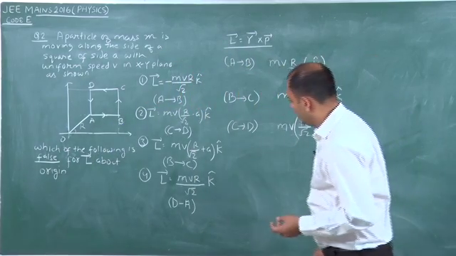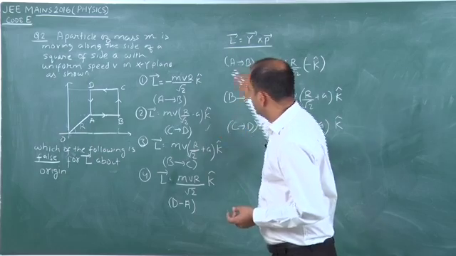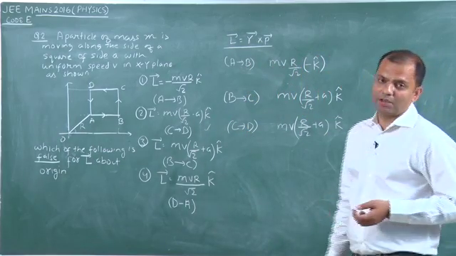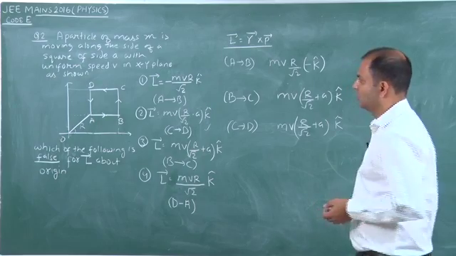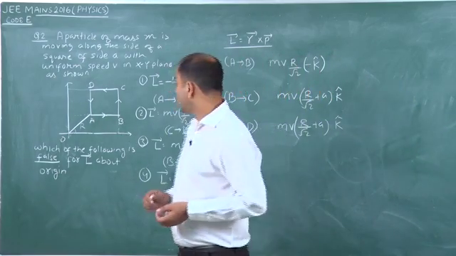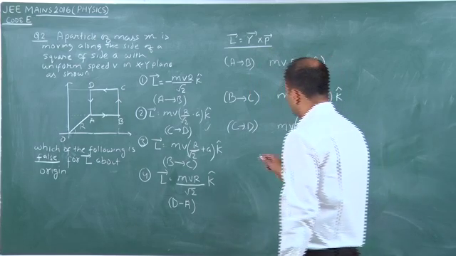Well, C to D, we have that option 2. The given value is mv r by root 2 minus a k cap. So, obviously that is an incorrect answer. So, 2 is your answer. But then in this question, if we just